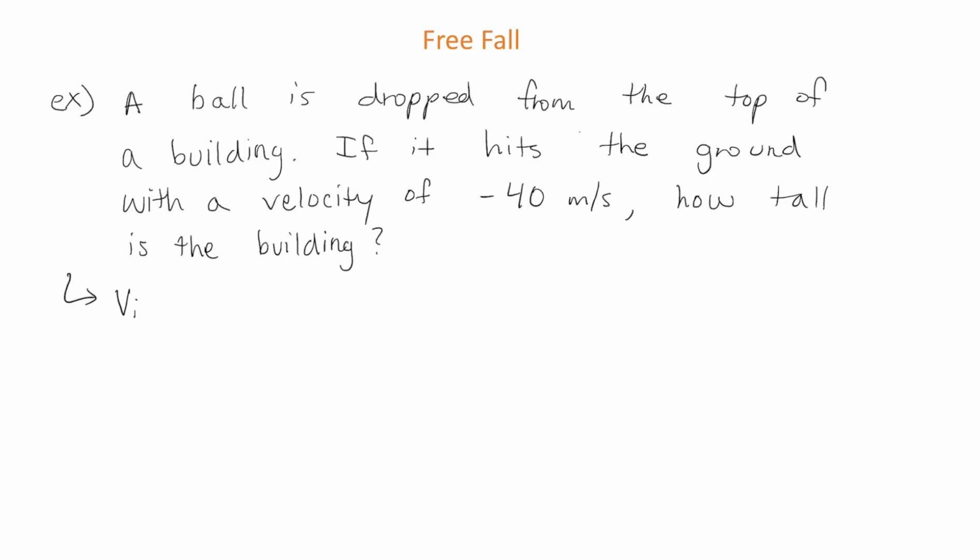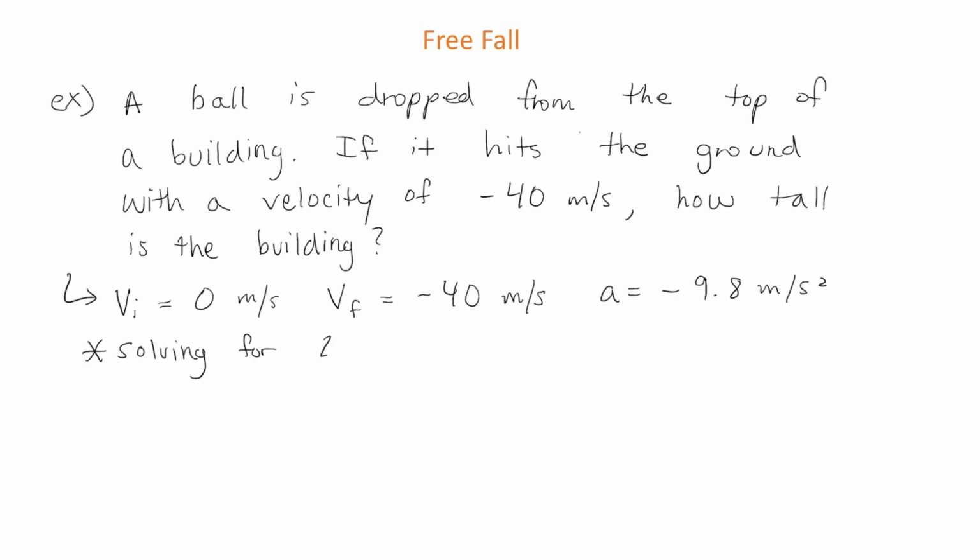We know the initial velocity is 0 meters per second because the ball was just dropped. It wasn't thrown down. We also were told that the final velocity is negative 40 meters per second. The negative comes from the fact that the ball is falling down, and velocity vectors that are pointing down are negative. And because this is free fall motion, we also know that the acceleration is equal to negative 9.8 meters per second squared. And what we're solving for is delta y, the change in position, which would be how tall